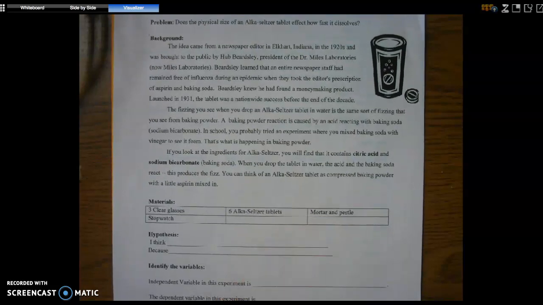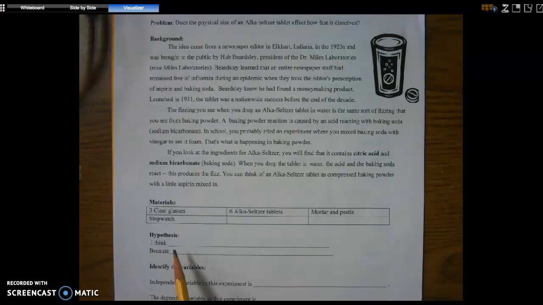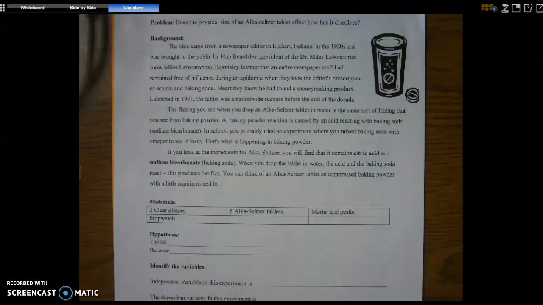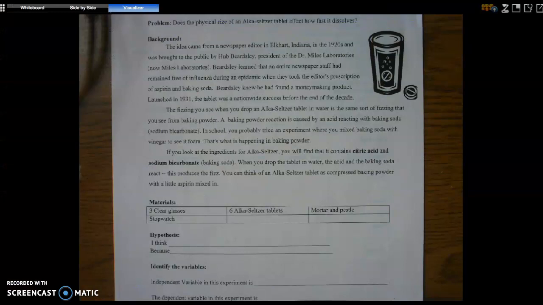So now we're going to come down here and make a hypothesis. What do you think? Is a different size going to impact the amount of time it takes to dissolve? So write down your hypothesis. I think it will dissolve faster if it's in smaller pieces. I think it will dissolve slower if it's in smaller pieces. Whatever you think, and then tell me why. I'm not going to enter in anything there on mine. I'm going to let you guys fill in your own hypothesis and your own reason. If you haven't already done that, go ahead and pause now, fill that in, and then continue the video as